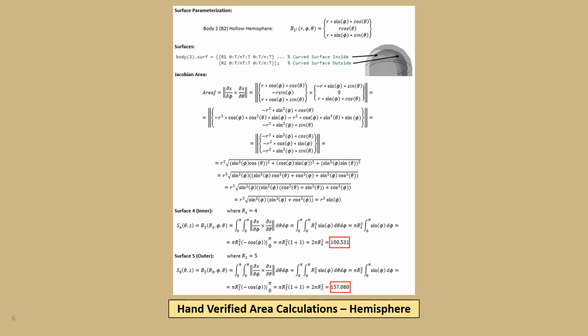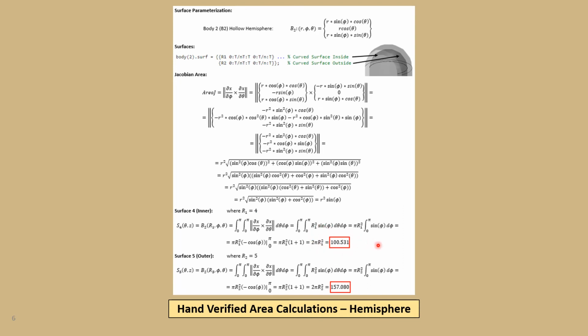Moving on to my hollow hemisphere, I have two exposed surfaces, an inside and outside surface, as well as the definition of my parameterization at the top. Finding my area Jacobian, I knew that I had to take the partial derivative with respect to phi and theta because my radiuses are held constant depending on which surface I am finding the surface area of. Working through my math, my end result for my Jacobian area is r squared sine phi. Taking the double integral of that for the inside surface, so r1 equals 4, results in a value of